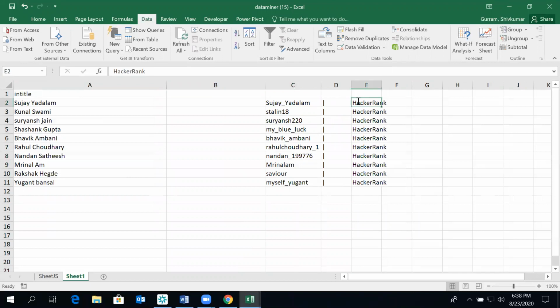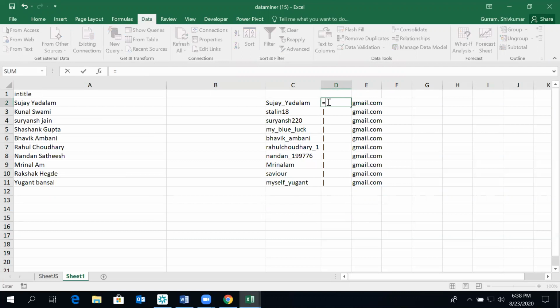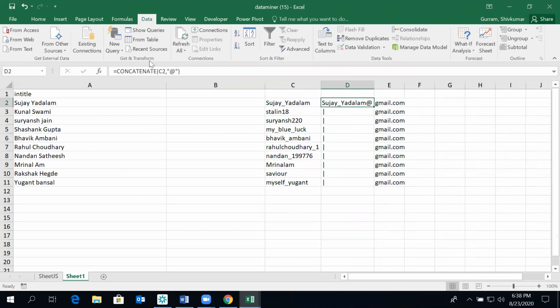Same again. So for Hacker Rank, we are sorted. Similarly, we just create bulk email IDs.